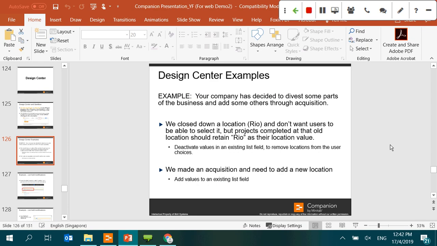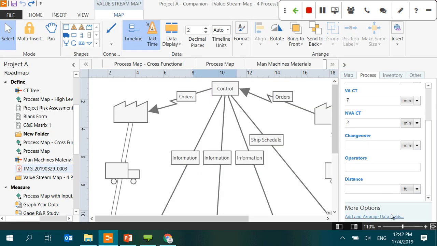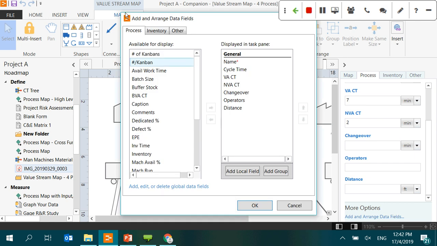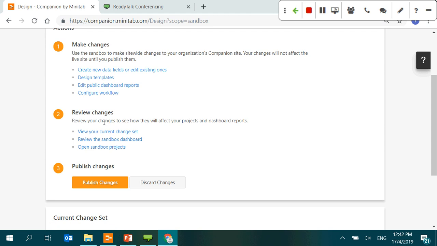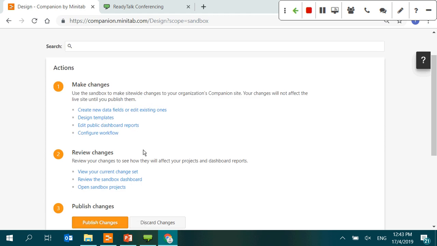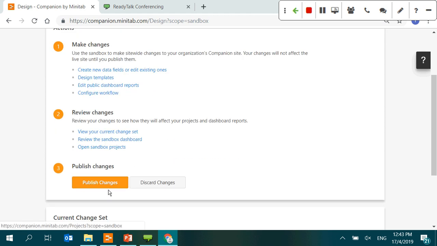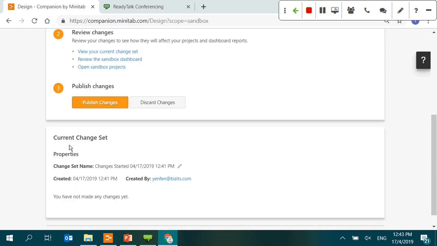Okay, so as you can see, if you want to add and arrange data fields which are not available for display here, or you want to add a global field, you will need to go to the sandbox. Once you click create a sandbox, this is what you will see. So this is home, where you can review the actions you have taken. You make the changes first, and then you get to review your changes. And last but not least, you can choose to publish or discard the changes that you have made. At the bottom of it, you will see the current change set. You can review the changes that you have made before you actually publish